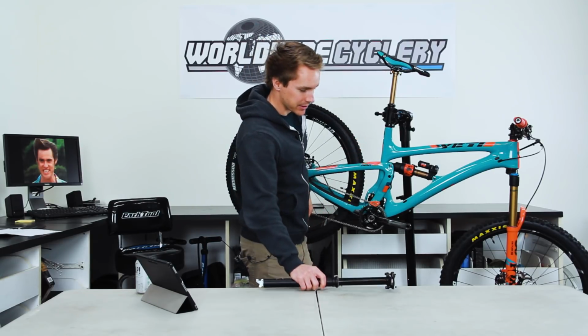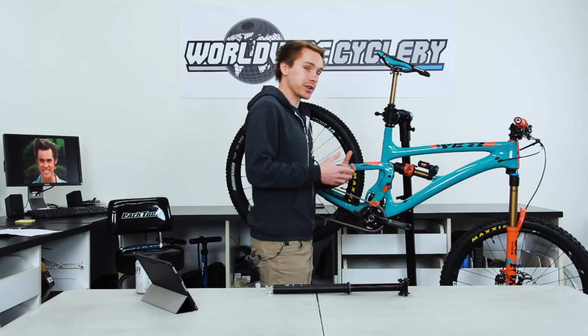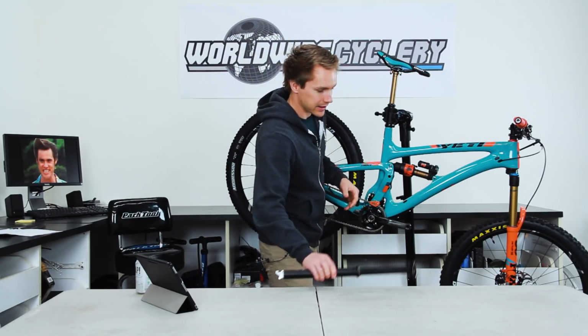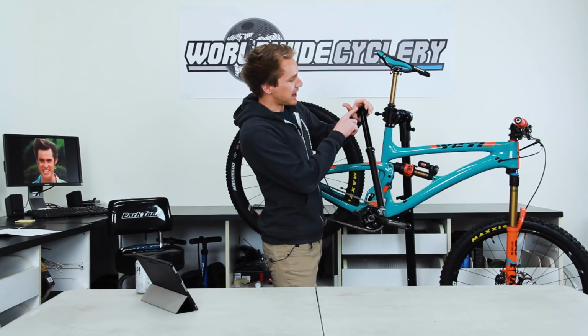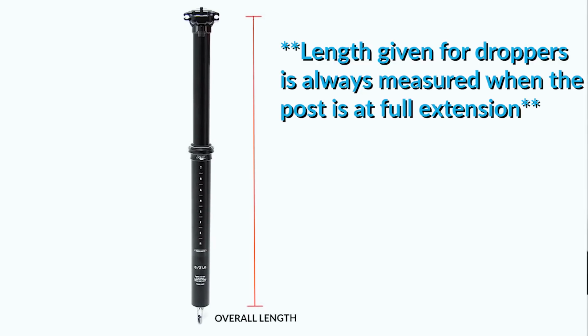So a lot of these dropper posts, they're going to give you an overall length in the description of each one you're looking at, and that overall length is going to be from where the saddle rail is to typically the bottom of the post, or the bottom of where the little portal comes out,